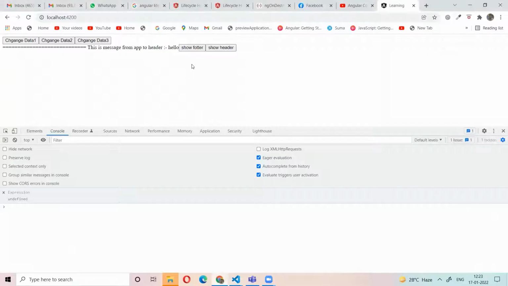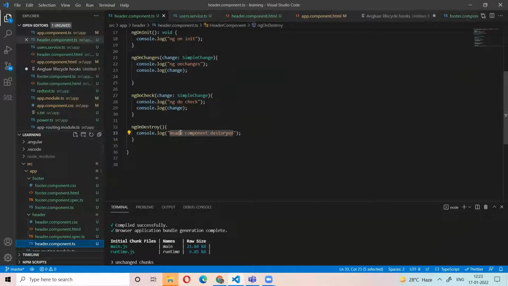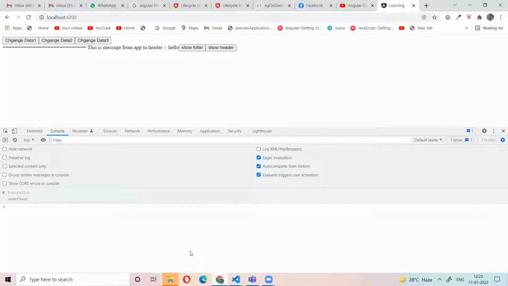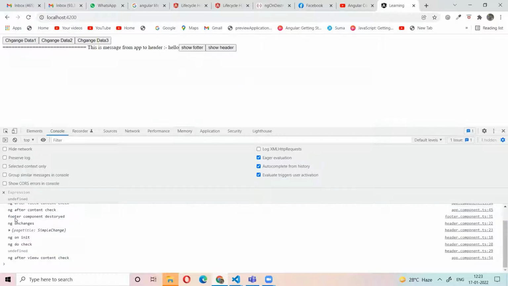When the header component is destroyed, this method will be called and it will print in the header component. That means when a header component is gone, this method will be called. If we click the footer, the header component will go. If you click this button, the footer component will go and the header component will load. So that's why the footer component is destroyed.